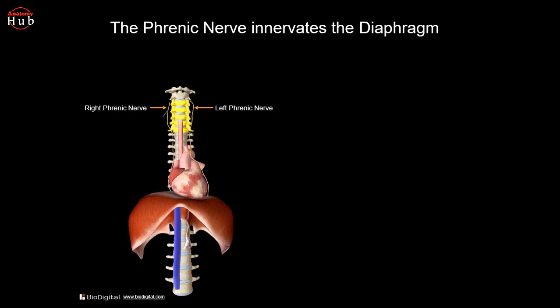Okay. And the action of this diaphragm: it is the primary muscle for respiration. During inspiration, it contracts and flattens. It increases the vertical diameter of the thoracic cavity, and this produces lung expansion, and air is drawn inside. During expiration, the diaphragm passively relaxes and returns to its original dome shape, so the thoracic cavity space and the volume will be reduced.